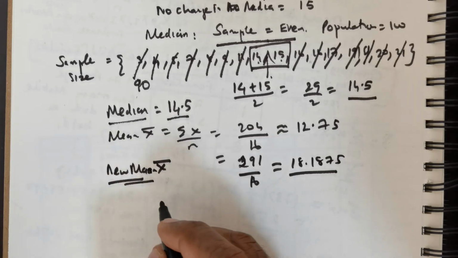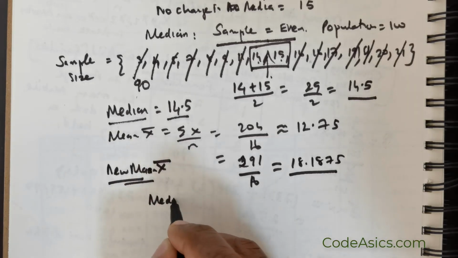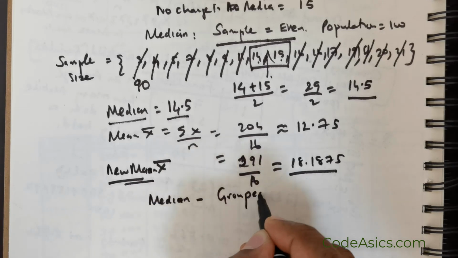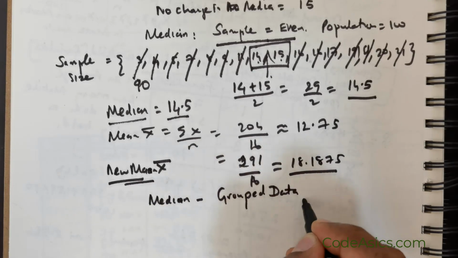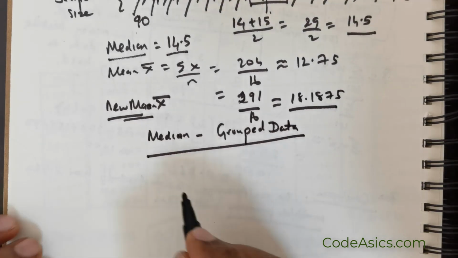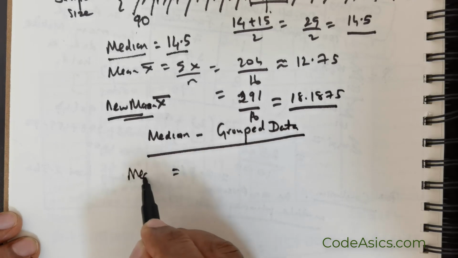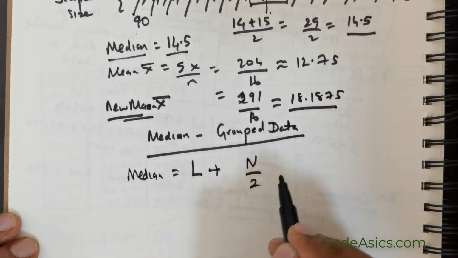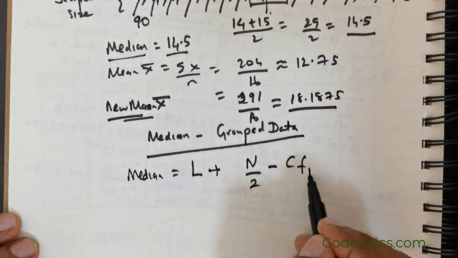Now let me go on to show you how to find the median when you are encountering grouped data. Now this is very important, and for this you need to get this formula. So median is equal to L plus, the formula looks a little bit confusing, don't worry, I'll explain it to you,